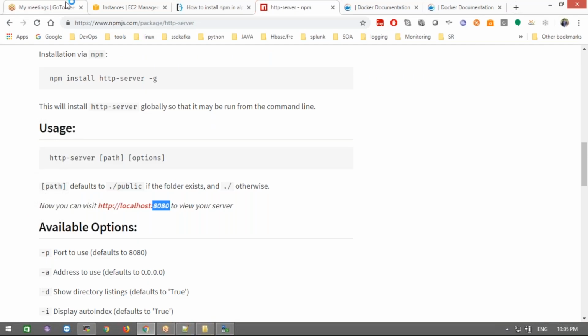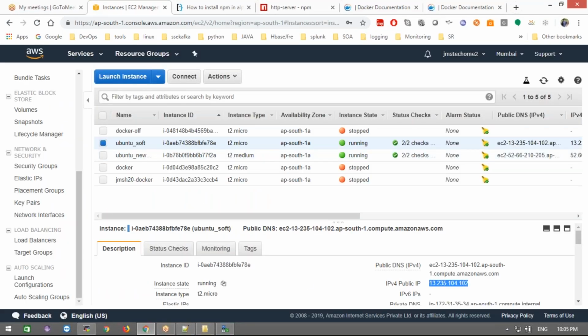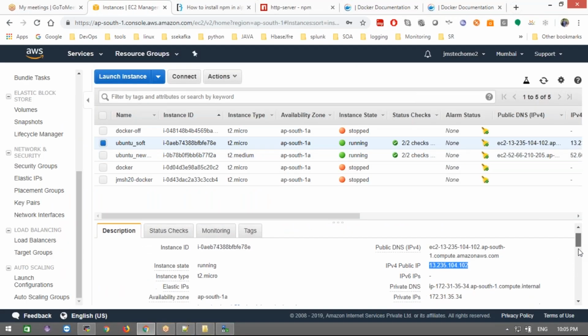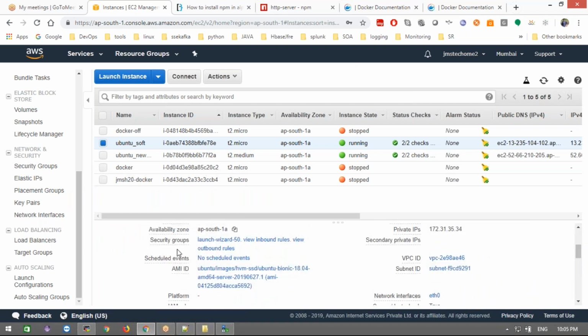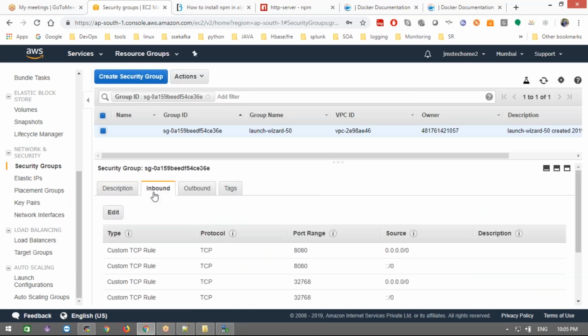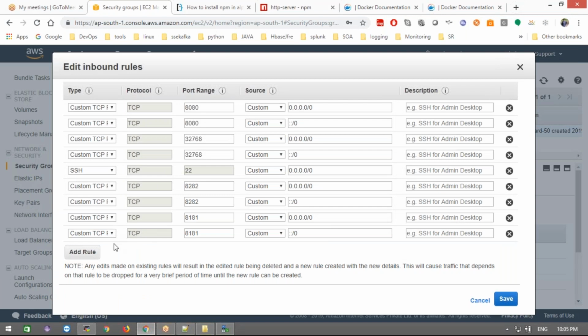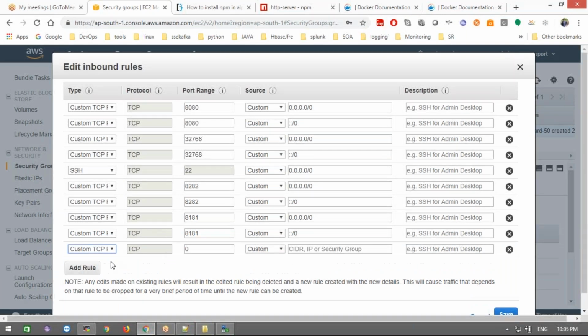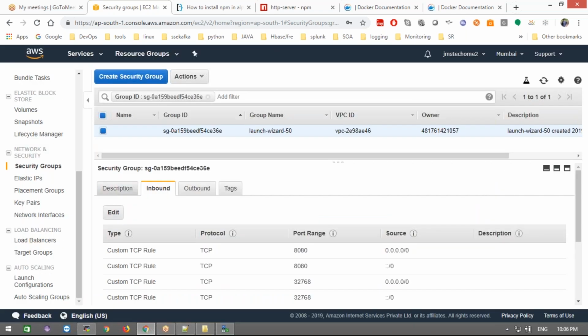What you need to do is allow this port in our security group in AWS for the firewall. This is kind of the firewall. Just allow that port to access my application. Inbound rules, edit, and then next I'm going to add it here. What is the port here? I'm going to give 1234, and then anywhere, save it. Done.